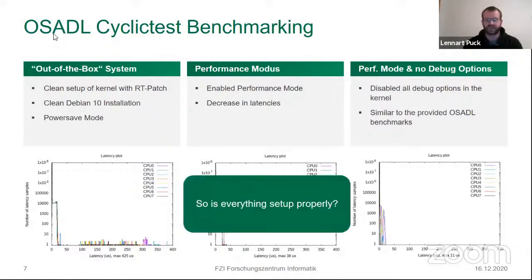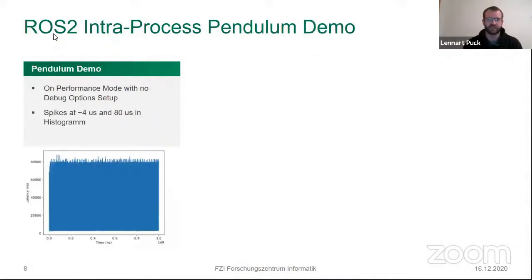So we thought everything is set up properly, and then we tried the provided ROS2 Intra-Process Pendulum demo. However, while trying that, we quickly figured out that the results really don't look right, since we had spikes all over the place of up to 80 microseconds in the histogram. So we figured something seems to be not right, since it shouldn't be that high, since all the other tests we found had lower